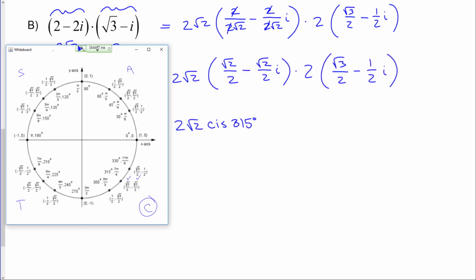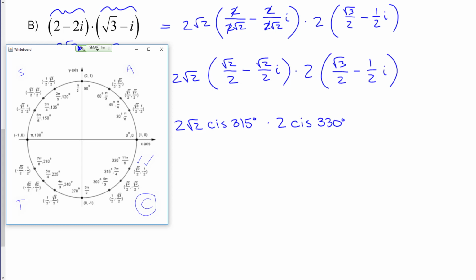For the other one, again, let's start off by getting the right quadrant. So I have cosine positive and sine negative. So again, I'm in quadrant 4. Cosine is root 3 over 2. Sine is negative 1/2. So this is 330 degrees. So this is going to be times 2 cis